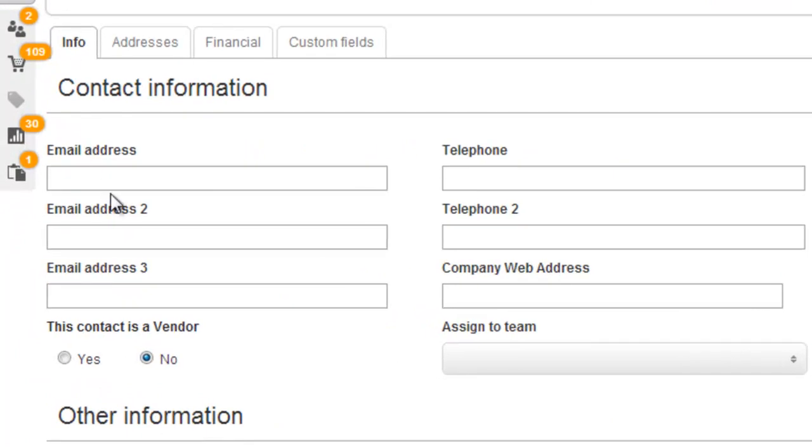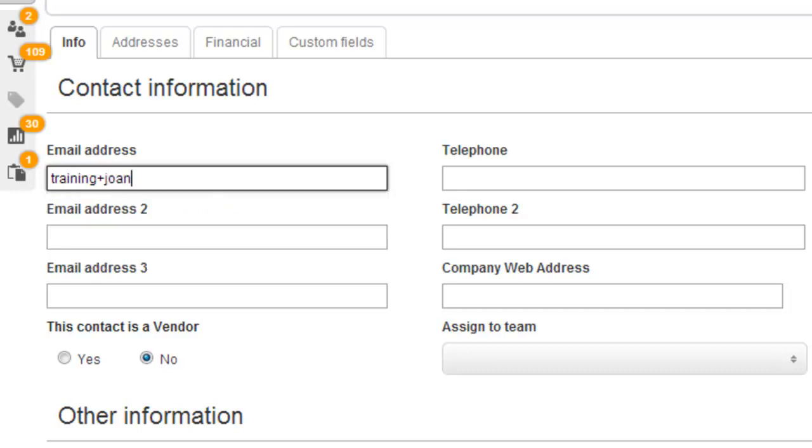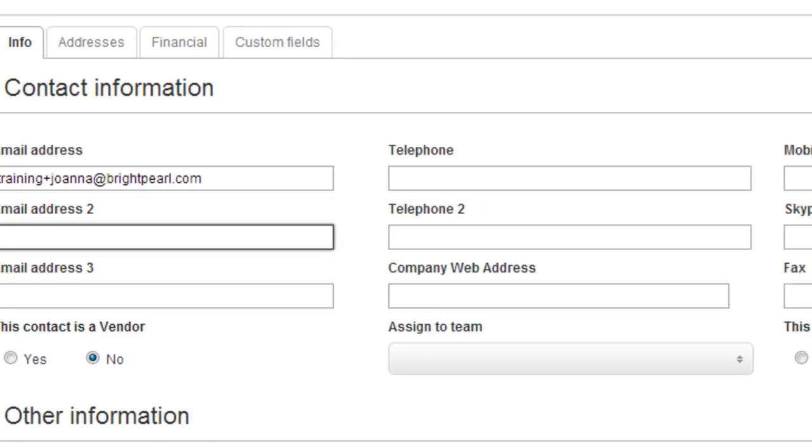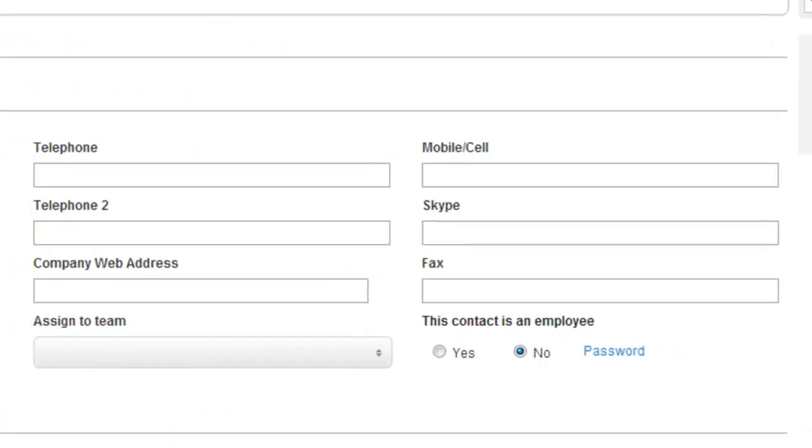One of the key fields to complete to ensure effective management of this customer is an email address, and it's important that it's unique for each contact, even if they are from the same company. A contact email address is used for searching and matching existing contacts when importing spreadsheets or when downloading orders from integrated sales channels. There are various other fields here for recording methods of contacting your customer, including the Addresses tab